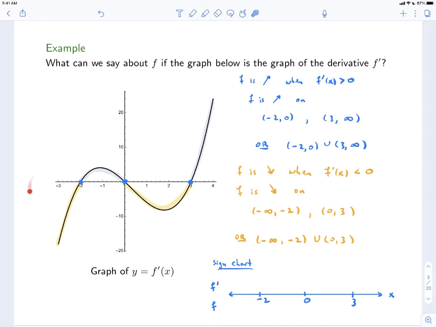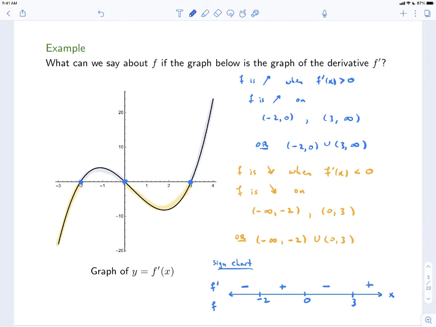So that's over here. So you can see that the derivative, remember that this is the graph of the derivative, the graph of f prime, so the derivative is negative to the left of -2. So we just put a little negative sign there. And then once you cross -2, where it's 0, between -2 and 0, the derivative of the function is positive, like so. Now, between 0 and 3, the sign there of the derivative is negative, so we put a little negative sign. And then beyond 3, to the right of x equals 3, the function is